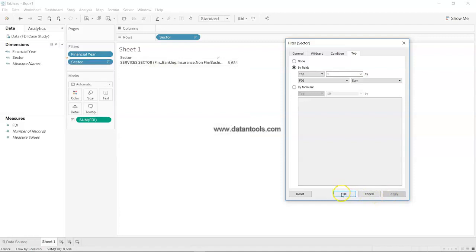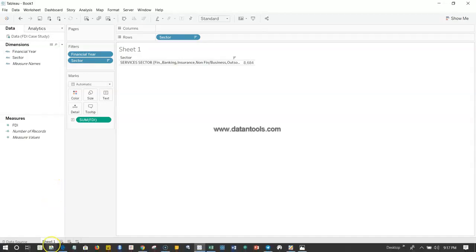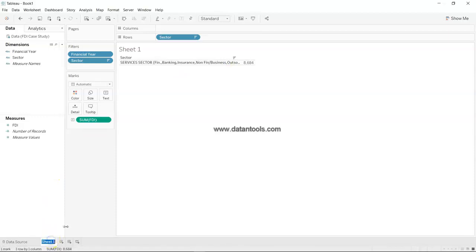And now we have got our value, and this is how we have made a very simple KPI, which we can highlight in our dashboard, that this is the top sector, the one in which we have got the maximum FDI. So that's number one we have got. So we will rename this to